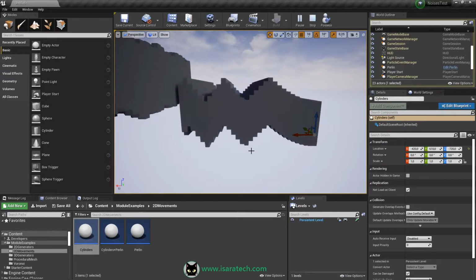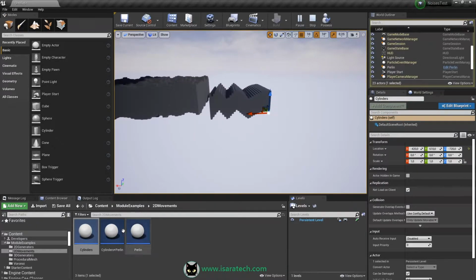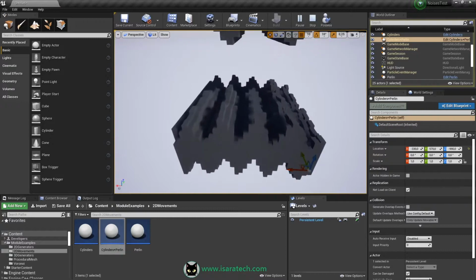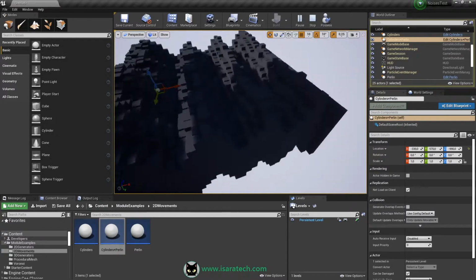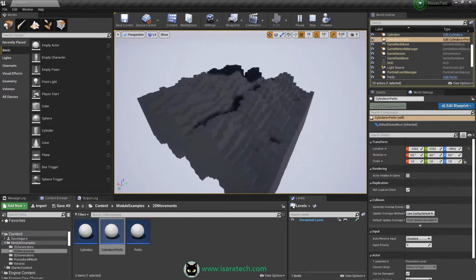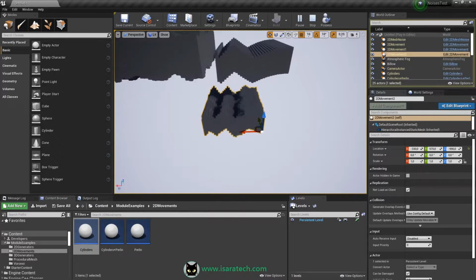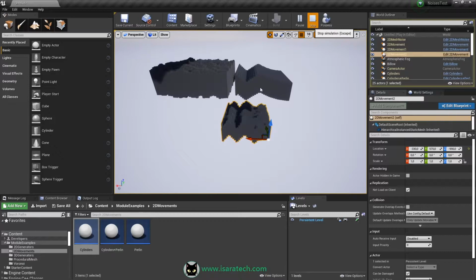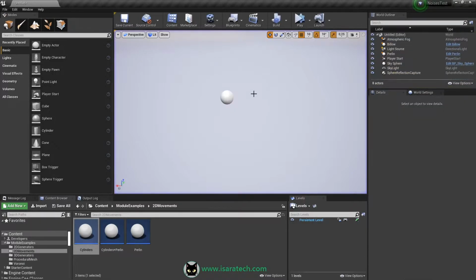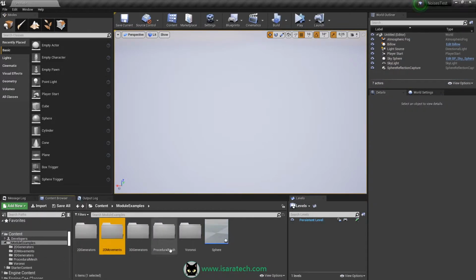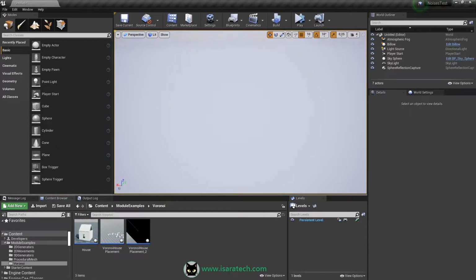Okay, and we have this kind of modifier which is an addition of cylinders and Perlin noise. Okay, and finally we can see the Voronoi, a particular usage of the Voronoi modifier